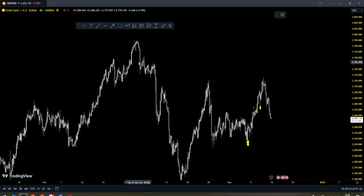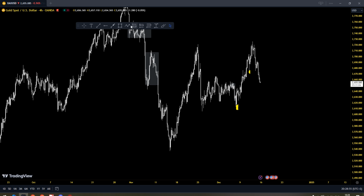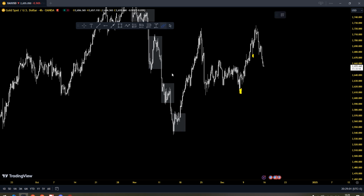So major one, the first structure, second structure, third structure, and then we have the fourth structure, and this one is pulling back to the 618. So for me, I see a lot of similarities here. They're all pushing back to the 618. So for me,